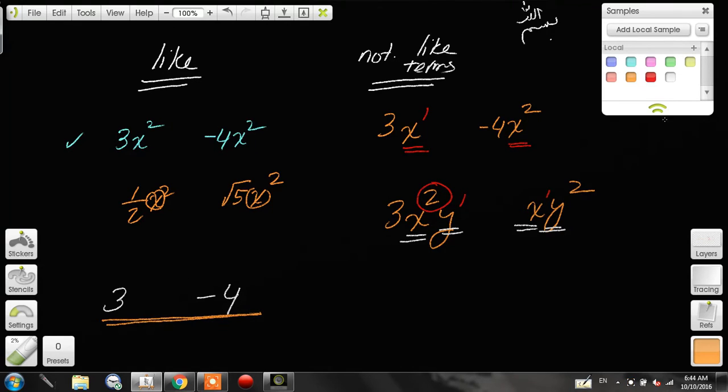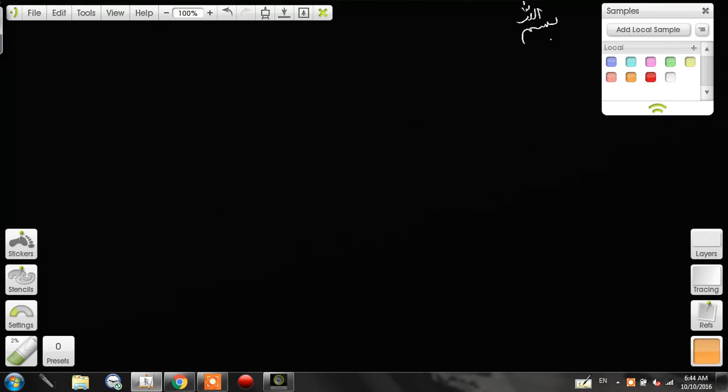So what's the big deal about like terms? Okay. Well, like terms are important because you can combine like terms. What does that mean? That means you can add and subtract. You say you can't add apples and oranges. Okay, that means you cannot add unlike terms. So like terms you can add. For example,